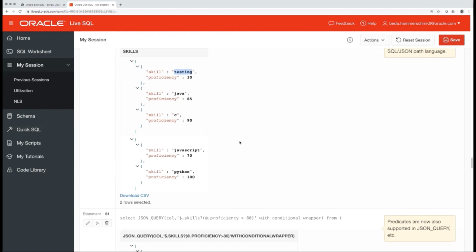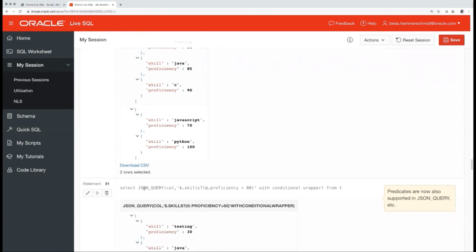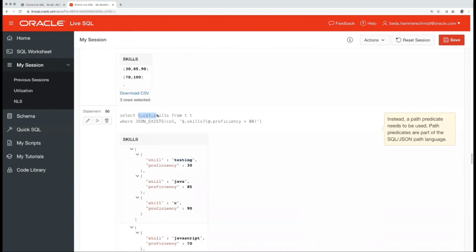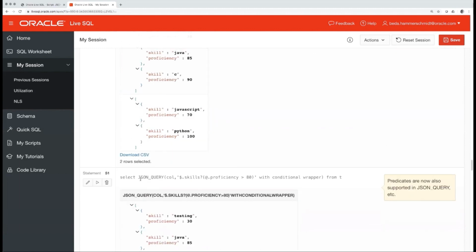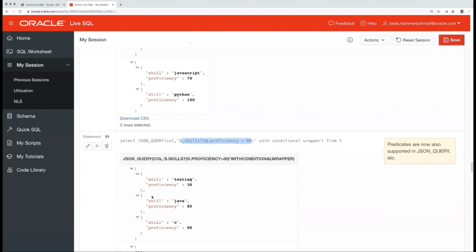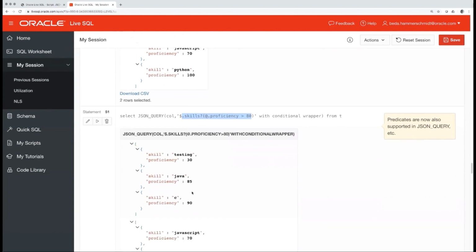So for that, we need to put the predicate also into the select list. So here we're selecting the entire skills array, and that array can also contain skills where the proficiency is less than 80. So we also need to do some filtering in our select list. So I'm using now JSON query with the same path expression and the same predicate. And now we see that